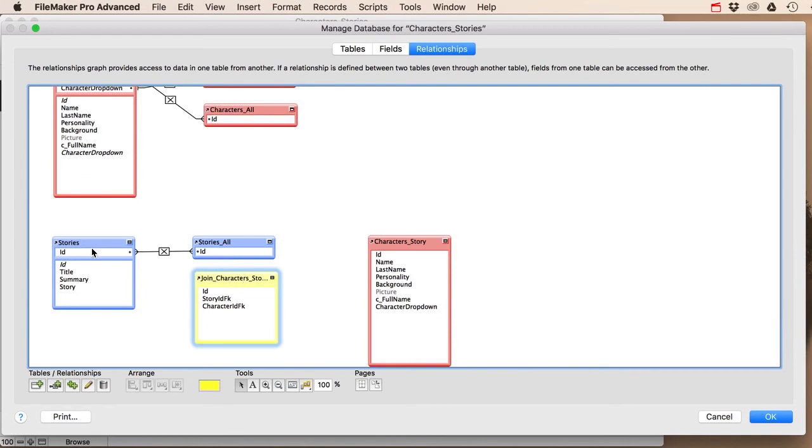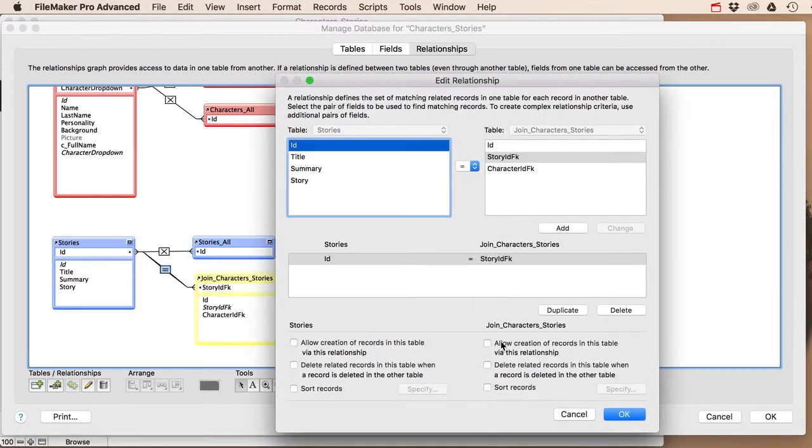And so when I'm on my story, I want to be able to select characters to be in this story. So I'm going to start by relating the stories to this join table like this, very simple. And I'm going to say that I would like to be able to create these new join records from the story side. So from there. Now, if I delete this story,